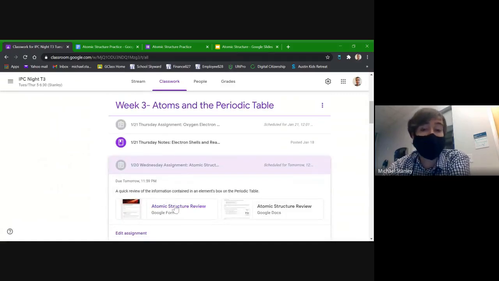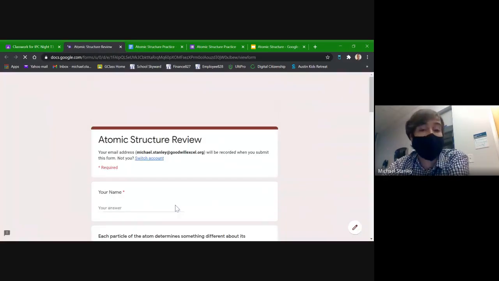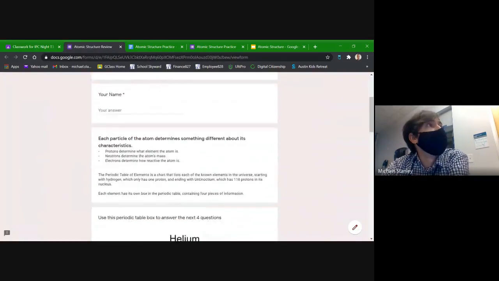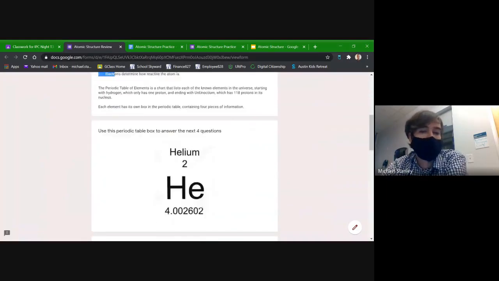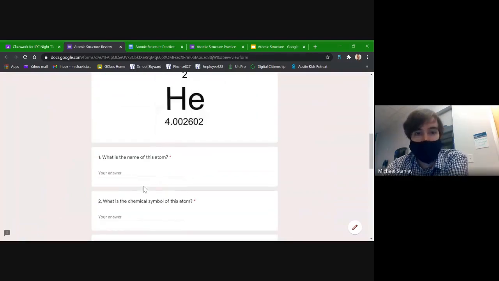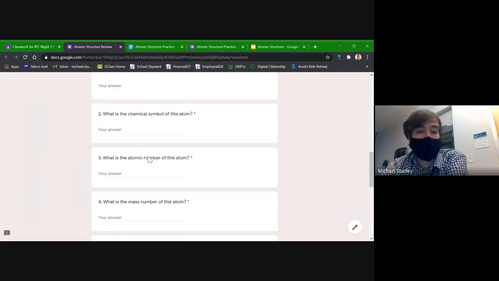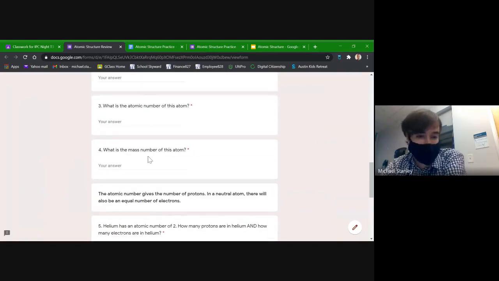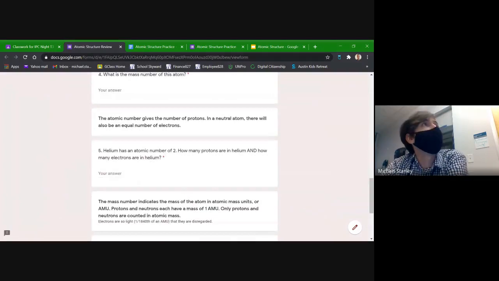It's a little bit simpler, just a basic review of all the stuff that we've talked about today. It has a little bit of information about protons, neutrons, and electrons, and then it gives you this helium periodic table box. It asks about the name, the symbol, the atomic number, the mass number,